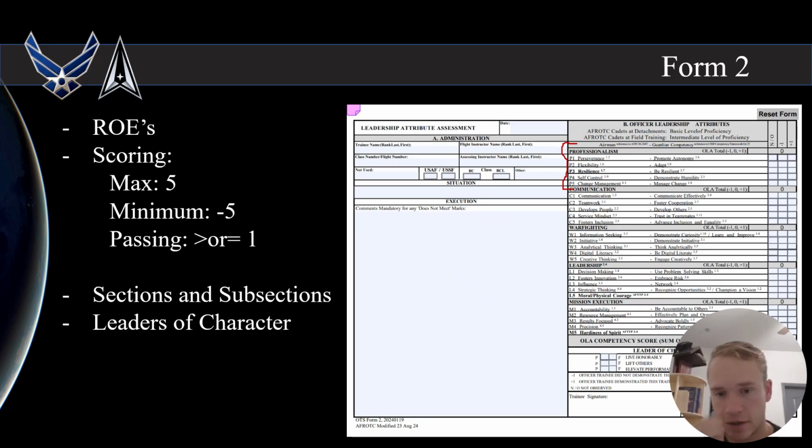It's hard to explain, and in fact, Form 2 is so important that it could be its own briefing worth about an hour, but we don't have time for that for this purposes. Just know that the section and the subsections outline the behavior that we want to see from you guys. Other than that, you have only one other really important piece of this form, and that's the leaders of character